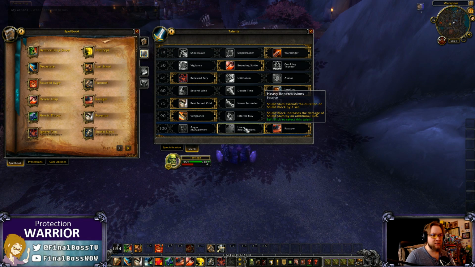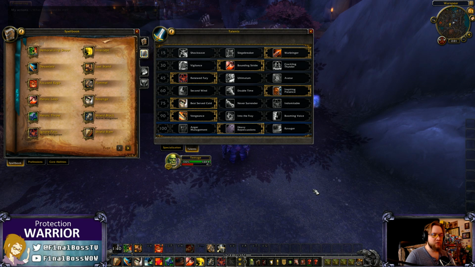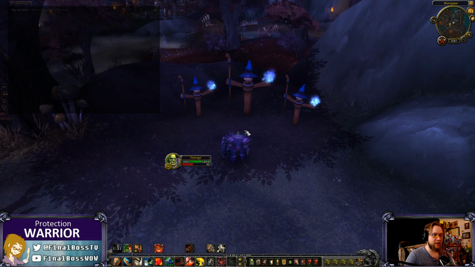Heavy Repercussions has a synergistic damage and survivability component now. So your Shield Slam extends the duration of your Shield Block by 2 seconds, and your Shield Block increases the damage of your next Shield Slam by an additional 30%. So that's baked into you getting larger Shield Blocks, and if you even get a Shield Block right after you, so you'd block,